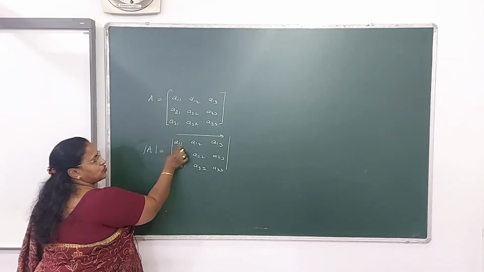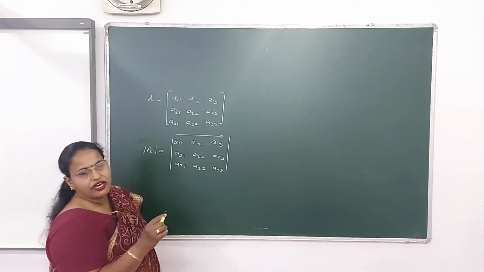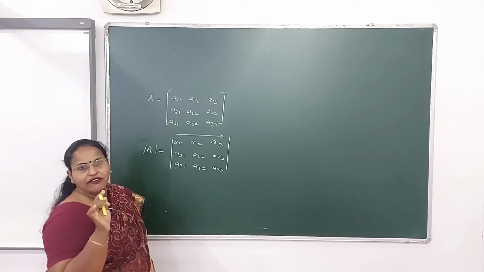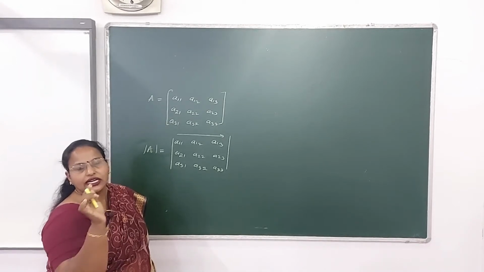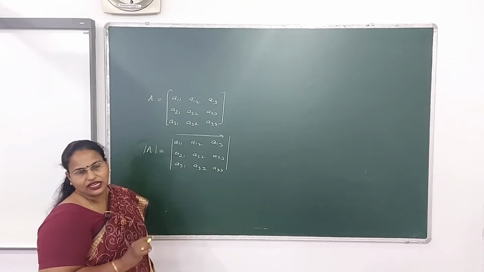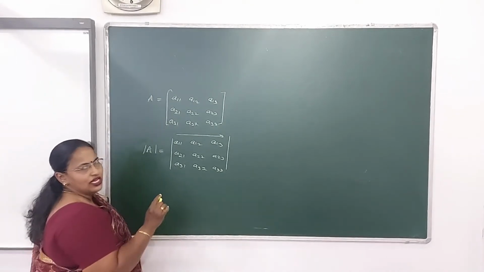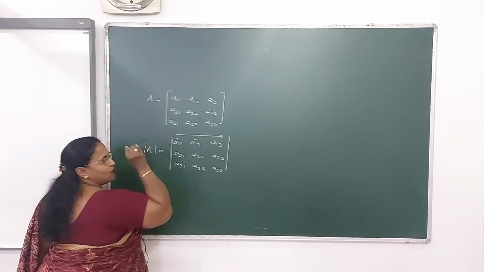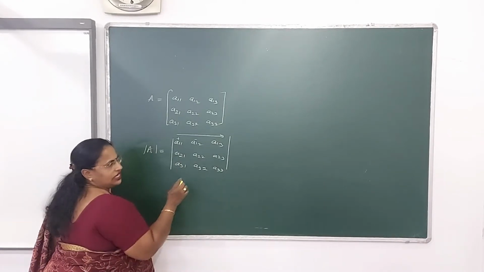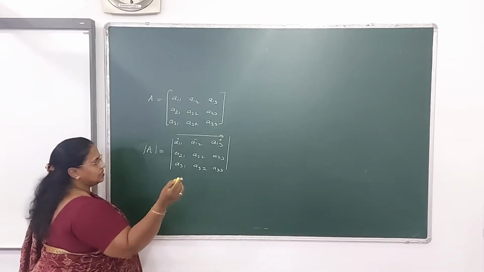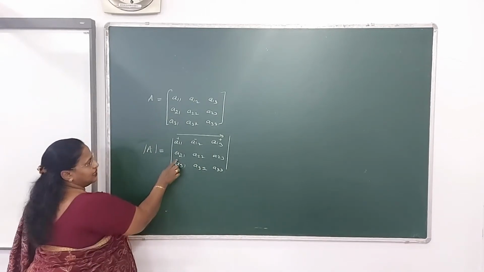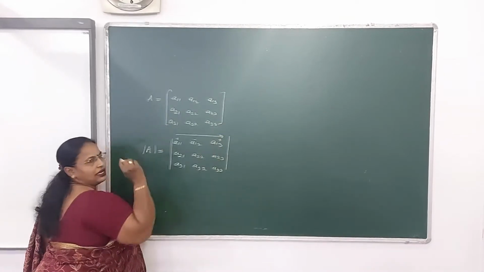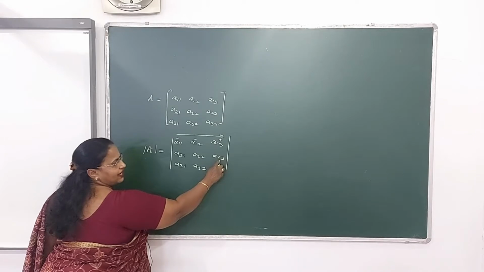Wherever this 1, 1 shows the position of row and column. Wherever i plus j is even, there you will be taking a plus sign, and wherever i plus j is odd, that particular term will carry a negative sign. Like if you are using the first row, then this will carry a plus sign. 1 plus 2 is odd, so you will be placing a minus here. 1 plus 3 is again even, so this is a plus sign. Likewise, if you are using the second row and expanding, then this is negative, this will be positive, and this will be negative. If you take the third column and expand, then this is positive, negative, positive.